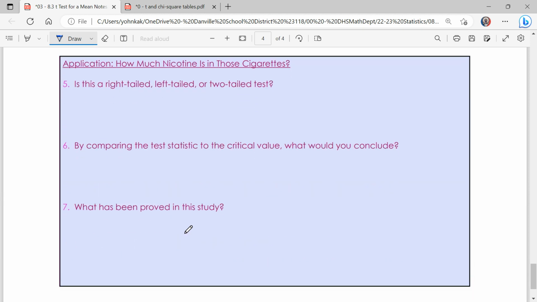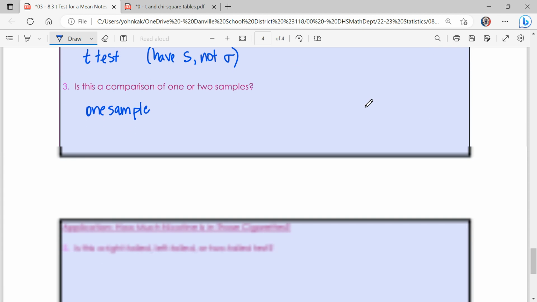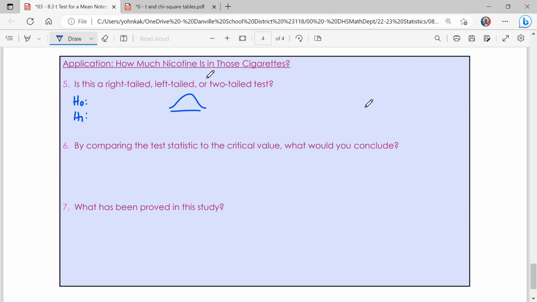Is this a right-tailed, left-tailed, or two-tailed test? Well, in order to do that, we probably need to come up with what our hypotheses are and then draw a picture. So our null hypothesis, if we look back, was at or 40. So we're trying to say at most 40. So this is where it gets a little weird. If your null is mu equals 40, here in the alternative hypothesis, you're only allowed to put a greater than,